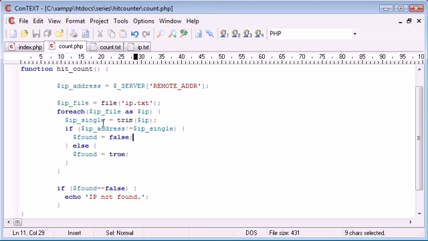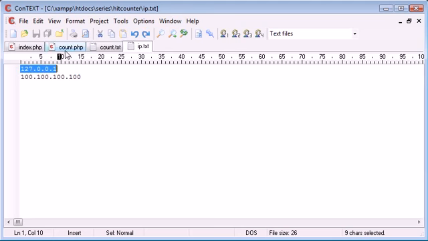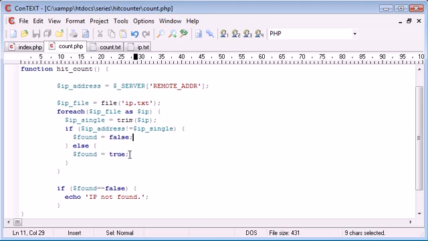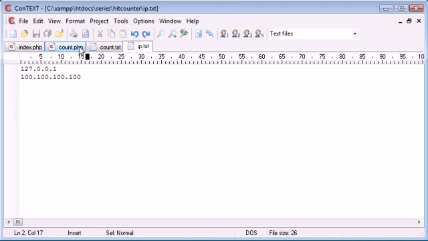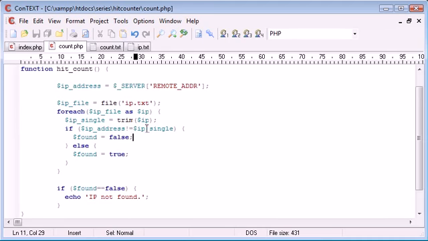So what's happening is because we're looping through every IP address. First of all, we're going to set the boolean found, the variable found, which is a boolean, to true. And then what we're going to do is, yeah, so, okay. So IP address doesn't equal IP single. Let's change this to equals equals, and we'll change this around so it's just easier to grasp. So if the IP address in the file does equal the IP address of the user, then found equals true. So therefore, if found equals true, we want to say